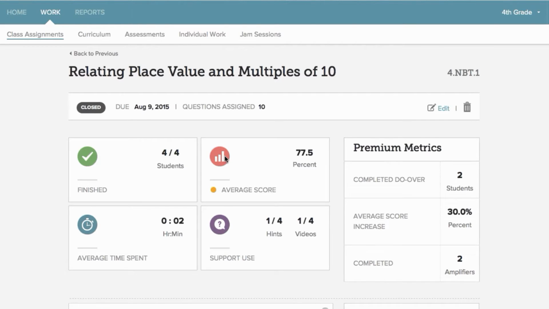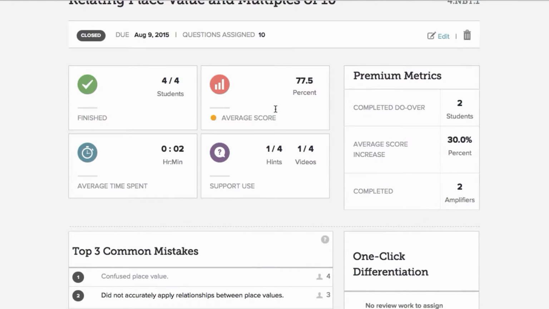This is what I was showing you that gives you so much information in one place. It's going to show me how many of my students have finished, what are their average scores, how much time are they spending, and what kind of access are they making to the TenMarks resources such as hints and videos. And then the premium metrics, if you actually do have the premium program, will show you the information about amplifiers, how many students have completed their do-overs, and what percent are they increasing their scores after doing that. So I love